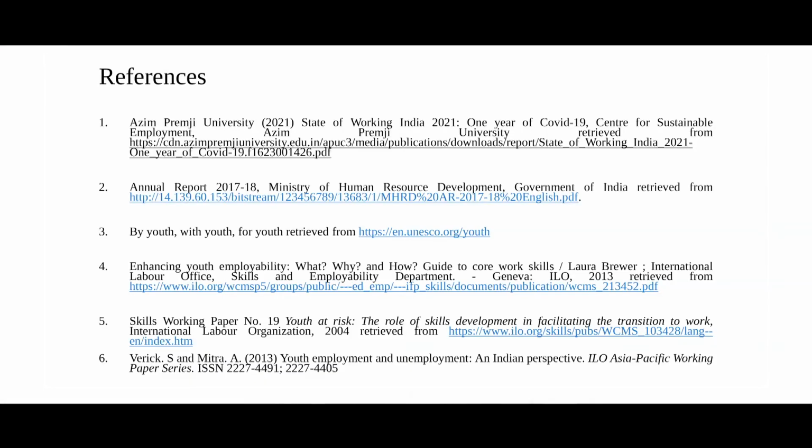All that is required is skill. You have to have digital skills, you have to have marketing skills, you have to have communication skills, you have the digital media through which you can market your products, you can reach out to people, and that way the youths can find gainful employment. Only thing is that the youths need to be trained in making optimal use of the limited resources that they have, and how through these resources they can generate livelihood opportunities, livelihood avenues for themselves and for the others